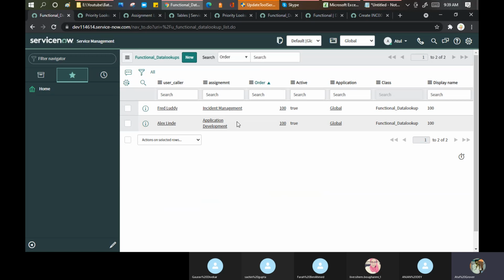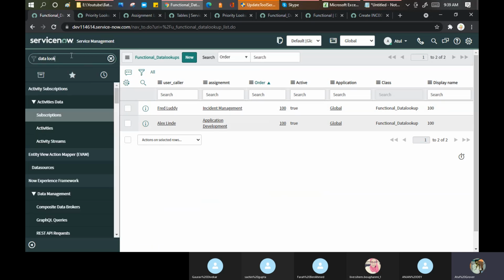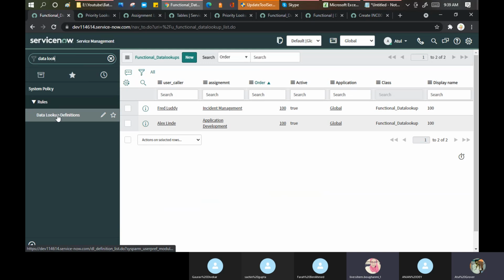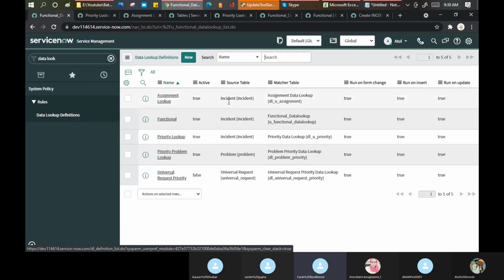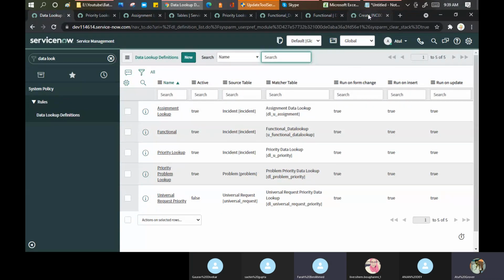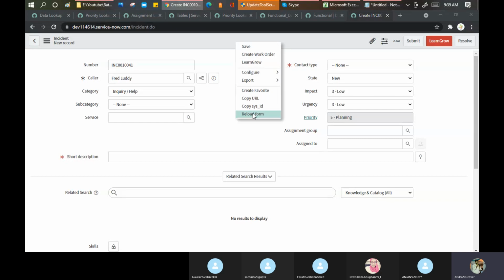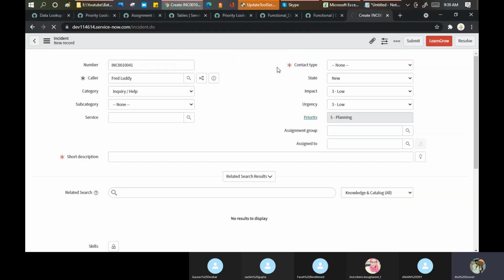Okay, so let's do this practice now. Let's go to the data lookup definition. Now let's try this. Reload the form. What name did we put?